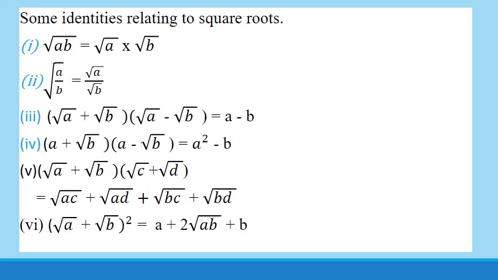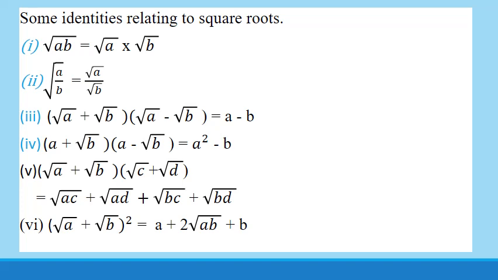See, these are some identities which are related to the square roots. Already you have seen, but here the numbers are now the real numbers, that is irrational numbers. Square root of AB equals root A into root B. Under root of A upon B means separately you can write square root of A upon square root of B. See, it is the identity: (root A plus root B) into (root A minus root B) gives you A minus B. Why is it? Because root A whole square minus root B whole square, and root square means the simple base, that is A minus B.